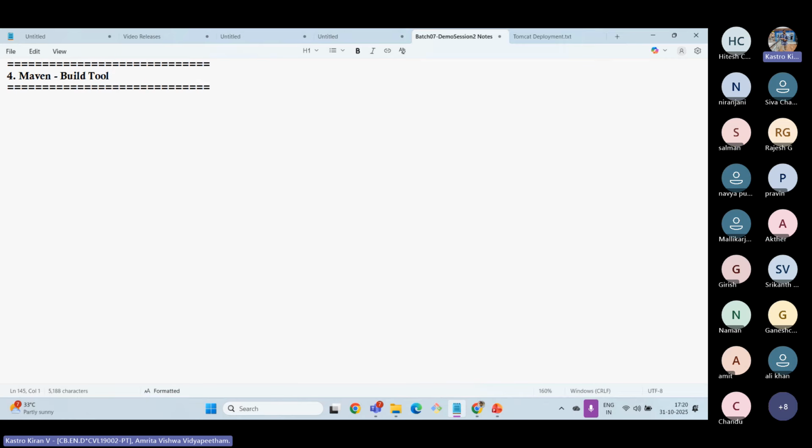All right. So what is Maven and why do we need to use Maven as a DevOps engineer? So basically, Maven is a build tool. Why do we use this build tool? So it is used